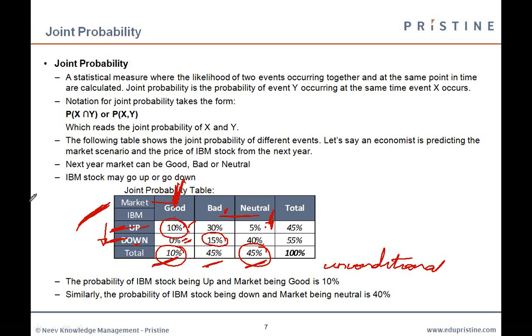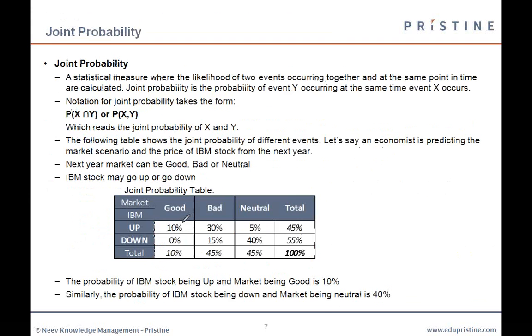So there are questions. Can you explain what is this row-wise sum? So your row-wise sum is once again the same. Okay. So let me try to first clean this up. If you look at your row-wise sum, this 45% is nothing but the unconditional probability of IBM stock going up tomorrow, irrespective of what is the state of affairs of the market. So I've taken away all conditions regarding the market. I'm simply asking the question: tell me what is the unconditional probability of IBM stock going up? That will be 10% plus 30% plus 5%, 45%.